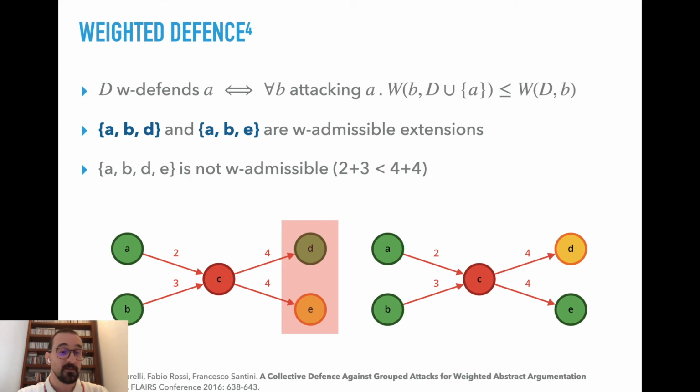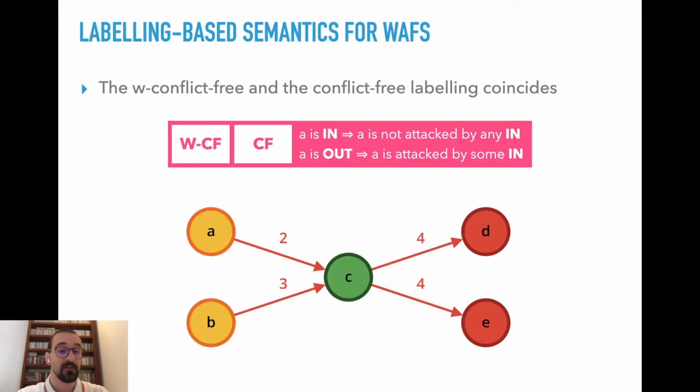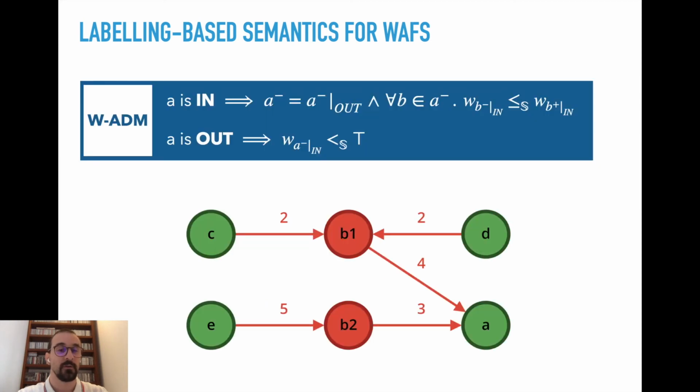And let's start looking at the weighted conflict-free labeling, and we show that actually it coincides with its non-weighted counterpart. Indeed, the notion of conflict-freeness is not affected by weights, since it only checks whether an attack exists or not between two arguments. Things are different for weighted admissible labelings, in which if an argument A is labeled in, then